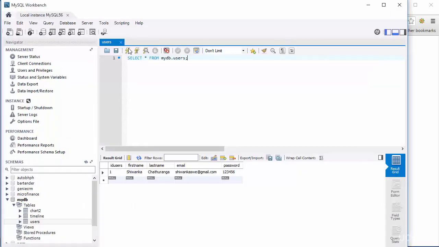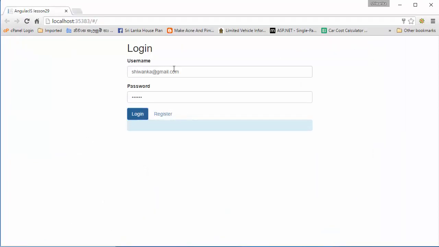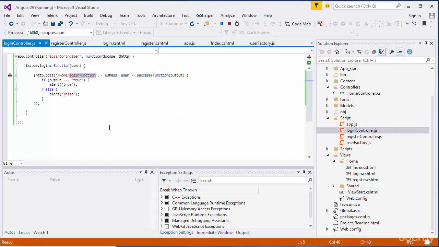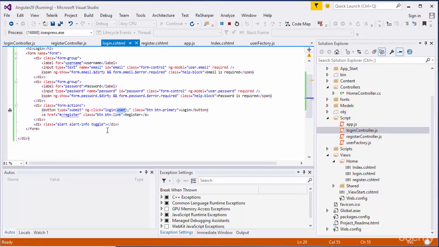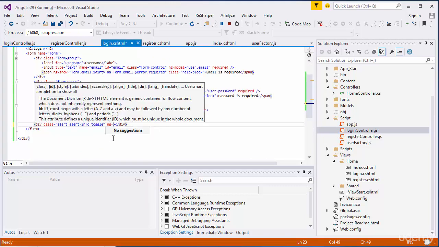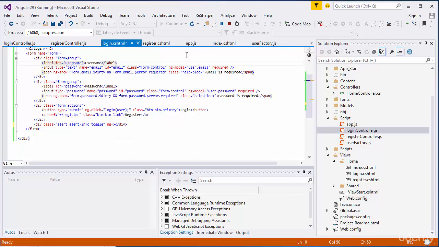We will go to the database and see. Yes, we have ShivankaSWE@gmail.com and password as 123456. And yes, ShivankaSWE@gmail.com, password as 123456. Yes, it's true. And if I remove some password characters, yes, it's false. That means my login controller is perfect, and we will add that animation into this login controller,